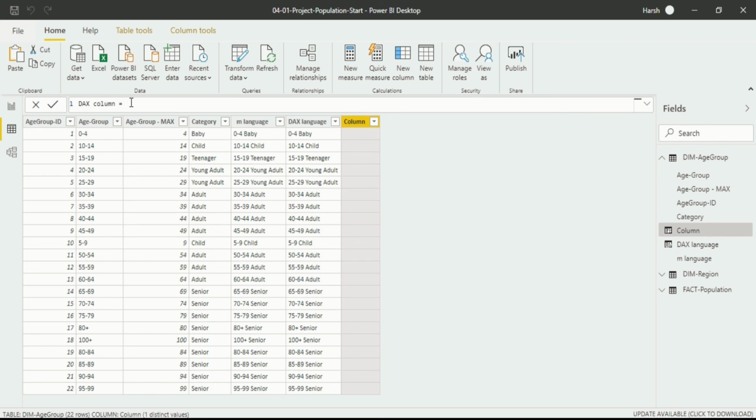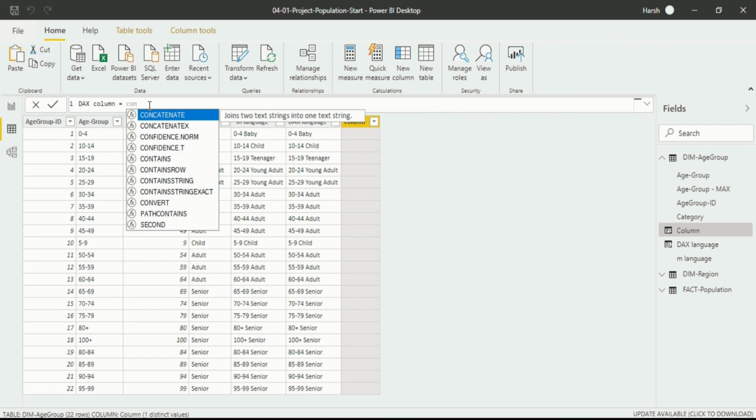So what is common in Excel? I hope you are thinking right, because the most common thing if you want to explain about Excel is writing formulas. So formulas are also available in DAX language. The formula used here is different from Excel. The formula used here is CONCATENATE, which joins two strings into one text string.